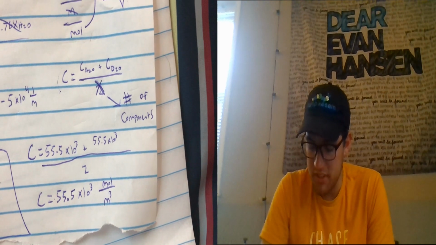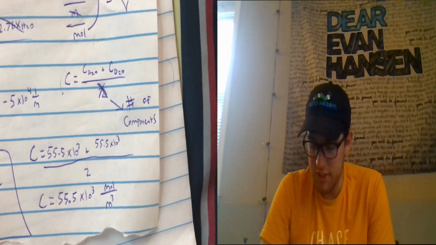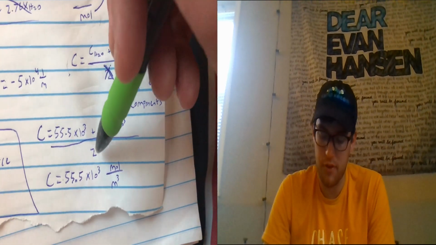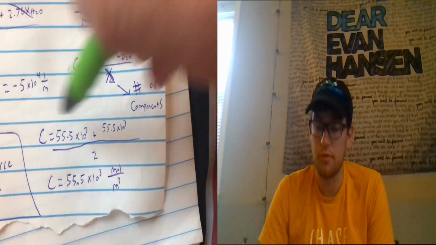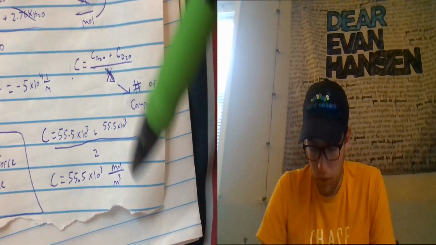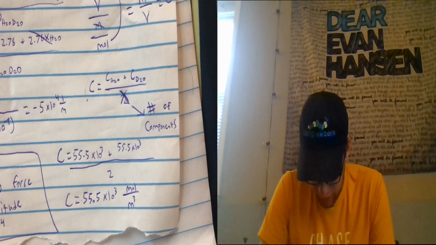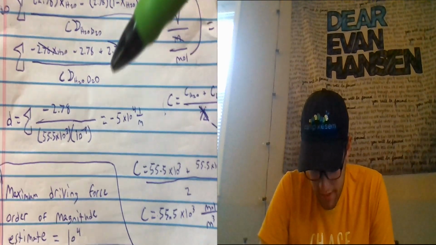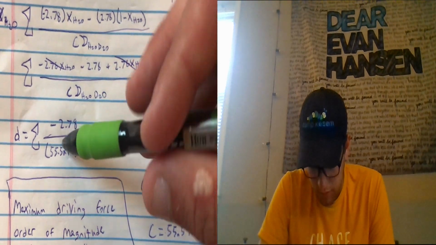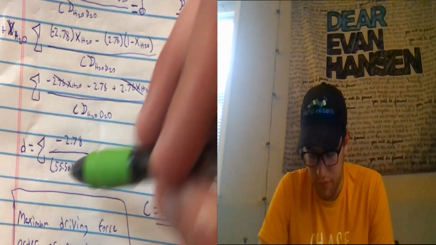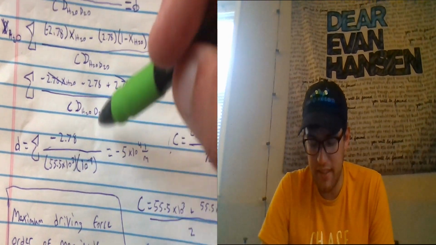Well, we have two components here, so we divide by 2, and we get the concentration of the system to be 55.5 times 10 to the third moles per meters cubed. Going on from that, we plug that into our driving force equation, and we plug in the Stefan-Maxwell constant diffusivity, which we defined earlier as 10 to the negative 9th